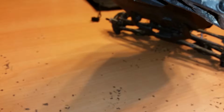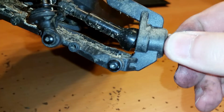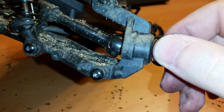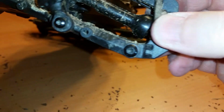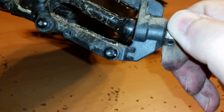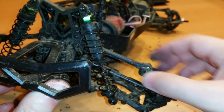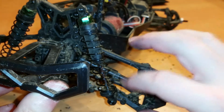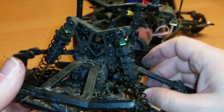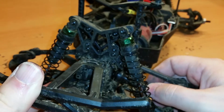But what I wanted to determine, it's really hard to see, is if you could even get to that set screw while the drive shaft was in place, and you really can't. There's no point that you can actually see it, and with the knuckles in the way and the carriers in the way, you can't really get to it. So you really have to take the shock off, one of the tie rods off, to get the whole shaft out. Actually, now up here at the differential, the gearbox, you don't have to. Well, maybe you will. Yep, because